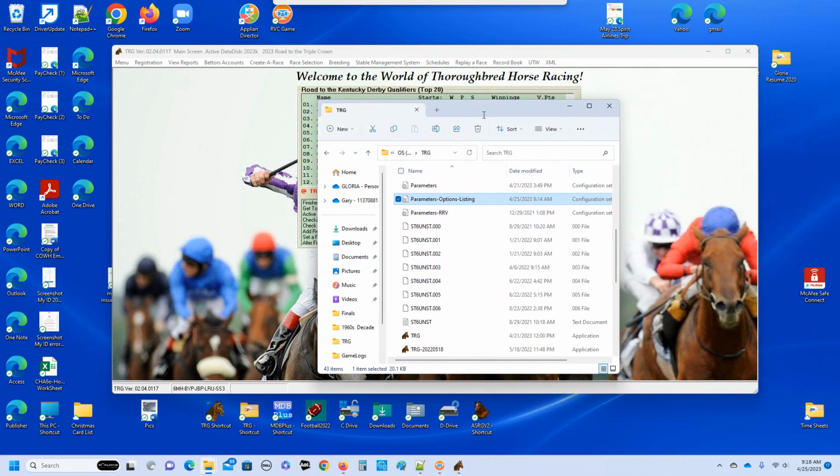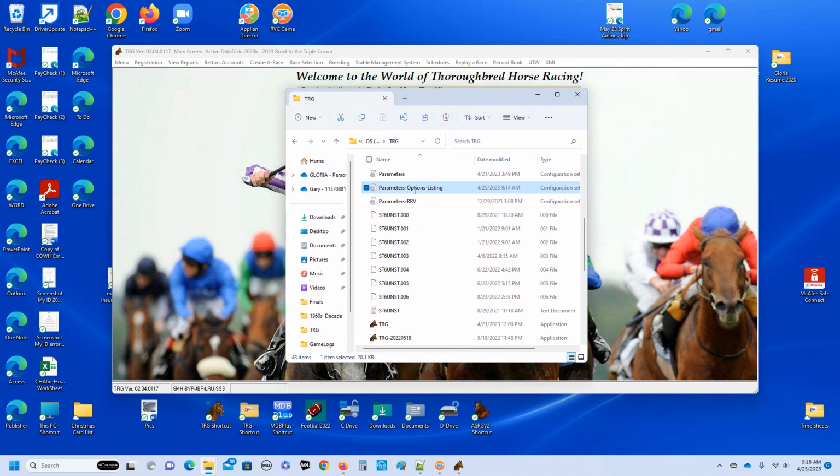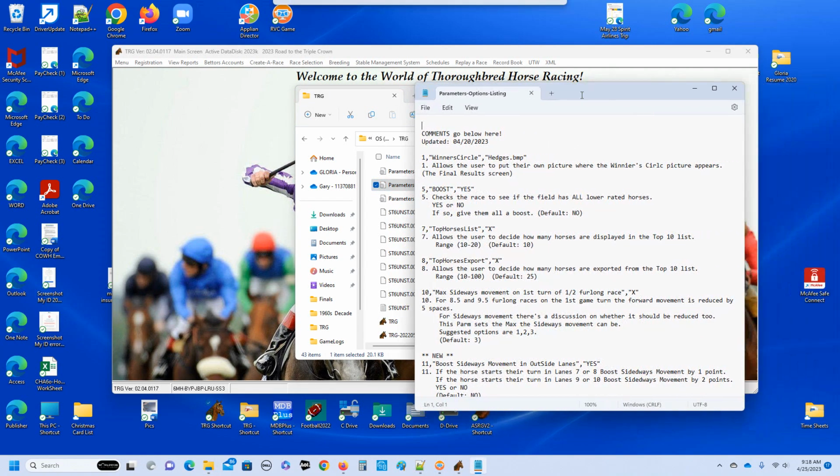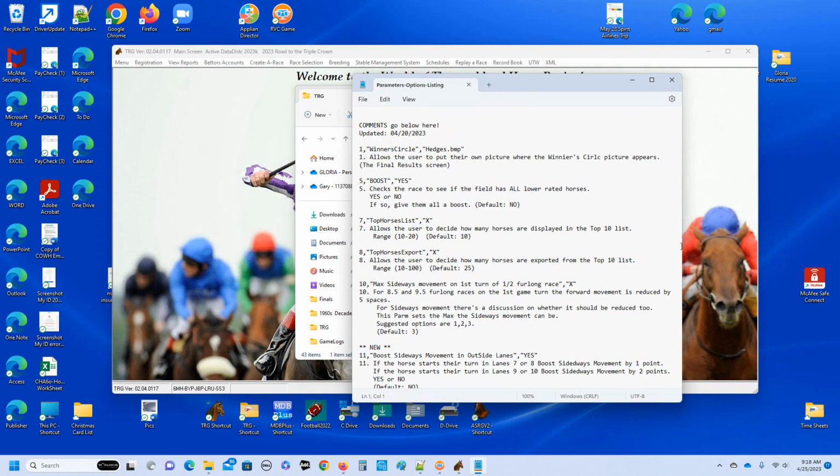So first off, we'll move the TRG folder over in the view, and you'll see we have a parameters file, and we also have a parameter options listing file. And that file just covers all the options that are available within the game and a description about it. So we open that up and we just go down a little ways